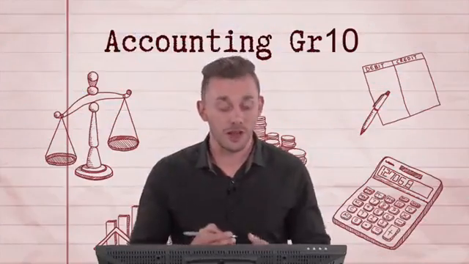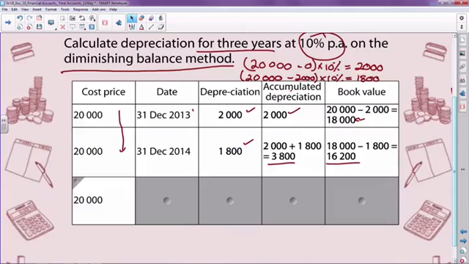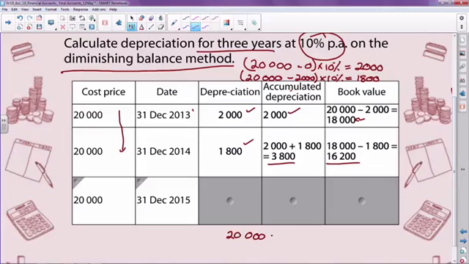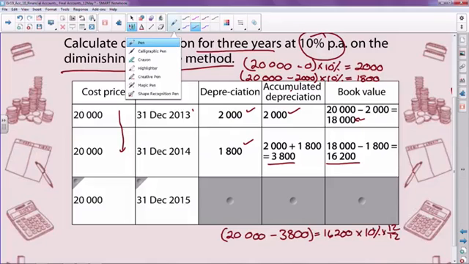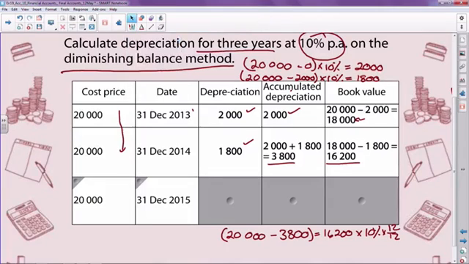Okay guys, I know you got this right. So let's look at it. The cost will be 20,000 because that's what you've paid. What is your next year? The next year will be 31 December 2015. Then, what did you do? You had to go and say 20,000 minus 3,800, and then you'll get your 16,200, and then you can say times 10%, times 12 over 12, because we had the full year, and then your answer will look like this,